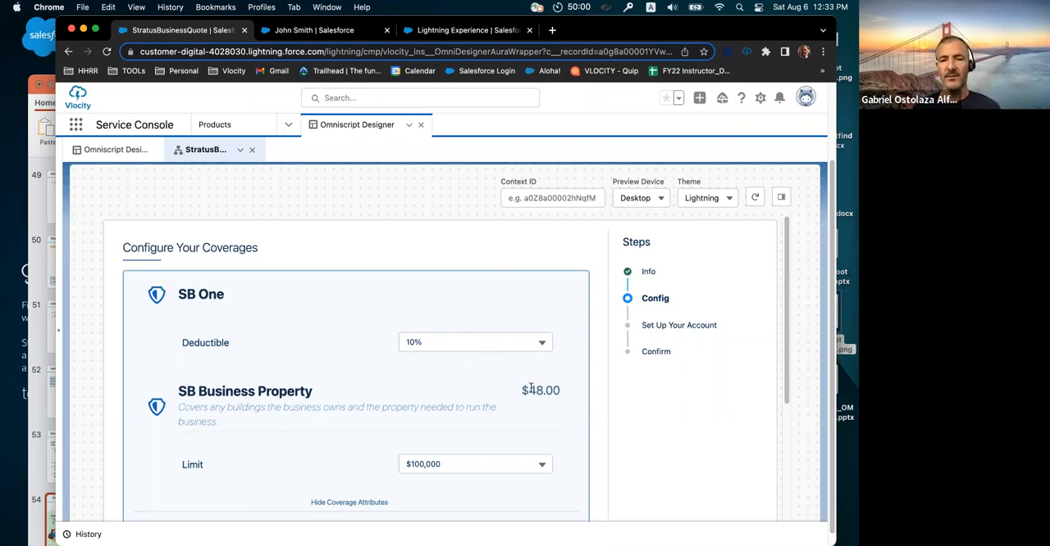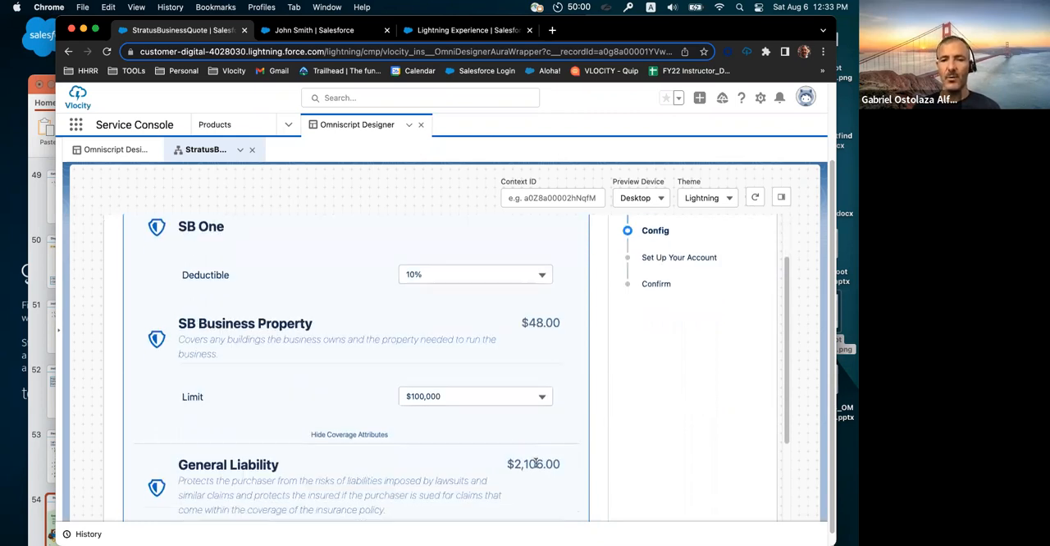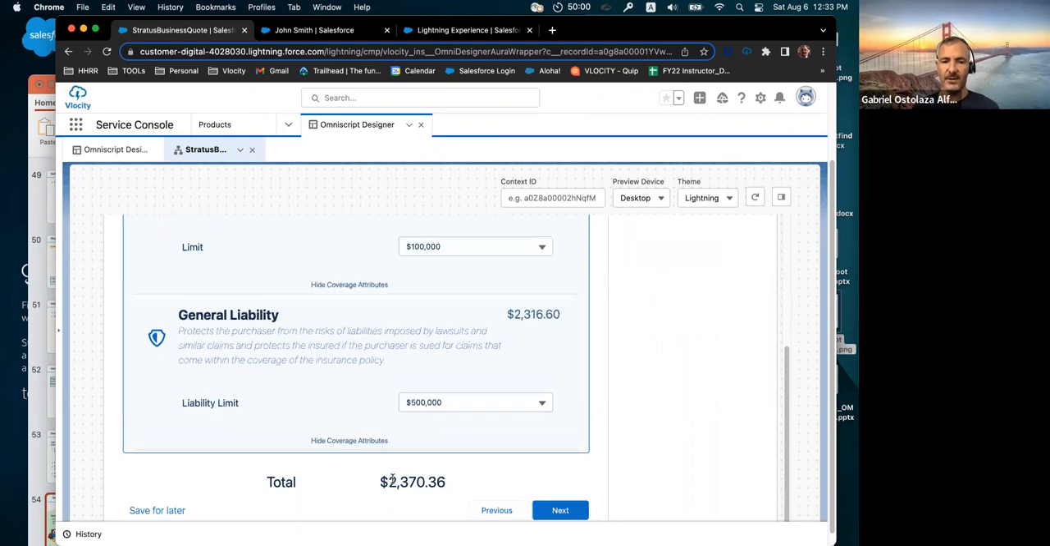You see that the price of this first coverage is 48, and the second coverage is 2,100. If I change, for example, the deductible to 5%, it's going to launch automatically the repricing, and you see the price has changed in both coverages, and also the total price over here. If you change also the limits, which are terms of the coverages, it will change also this price. It will invoke the repricing. Then I click next,